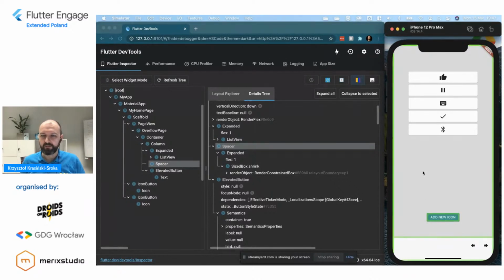And one fun thing I would like to show you is the Repaint Rainbow. Repaint Rainbow is very similar to what we've seen before. It's actually going to draw some kind of colorful frames around widgets that change, so widgets that need to repaint. And we can see what happens when we try it. It's not going to show very well because the outer layer overlaps with the lower layer.